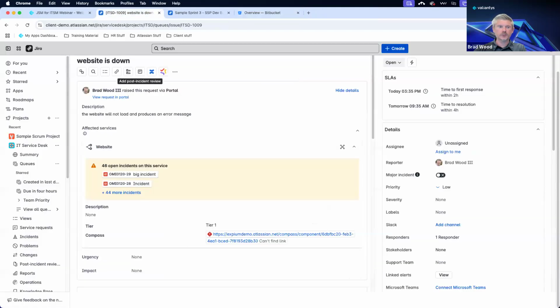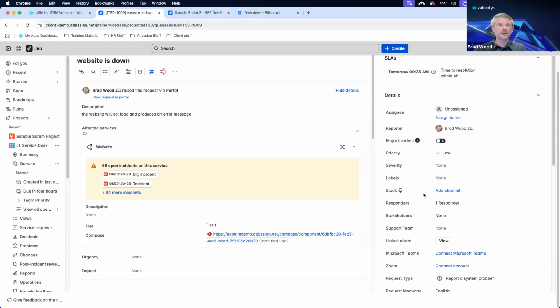I'll go back to my incident and we'll just talk through a couple of things really briefly, and then I am going to move on to change management because we've got about 15 minutes left. On your incidents, you can create chat channels. So we've got Slack connected here, Teams and Zoom, and you can create dedicated chat channels for this specific incident if you need to collaborate with several agents on your particular incident, and it would be titled something from the ticket so everybody knows what that chat channel is